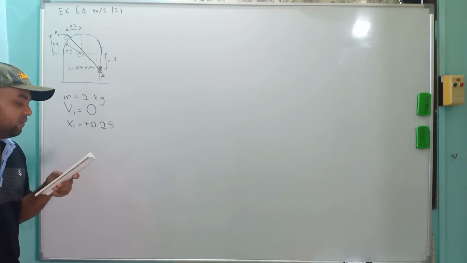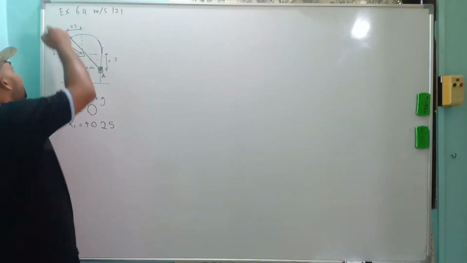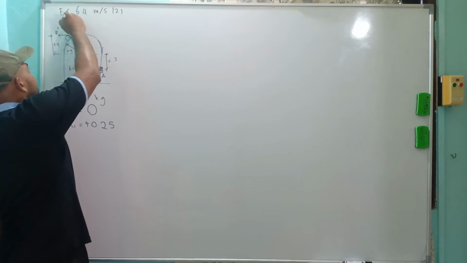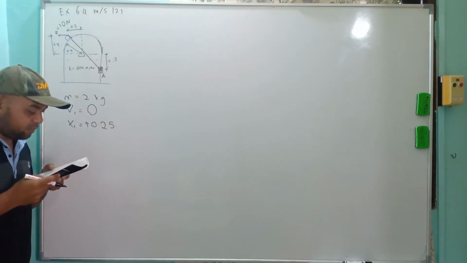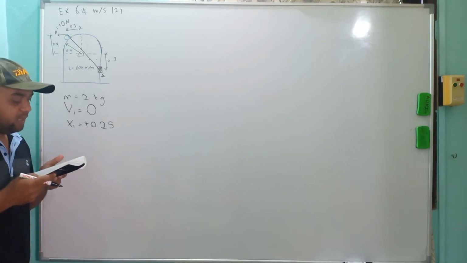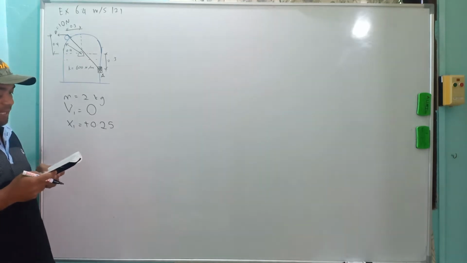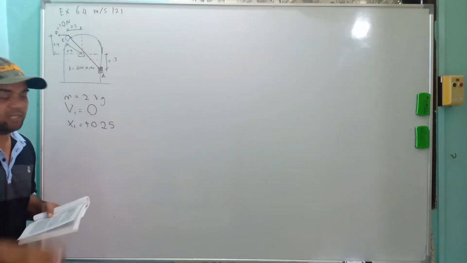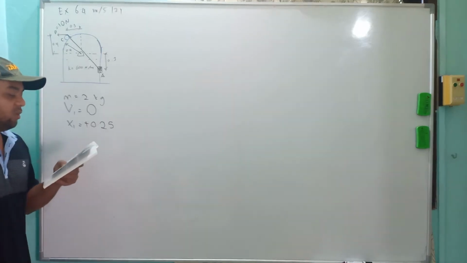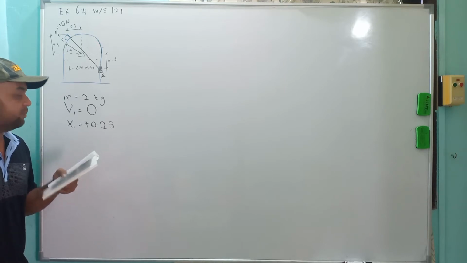Pulled by a constant force P 10 Newton. So P here is equal to 10 Newton. Okay, but it's not directly pulled, but pulled by a constant force P 10 Newton through cable AC. So meaning that this is a cable with constant force 10 Newton pulling the collar. Determine the velocity of the collar as it passes point B.